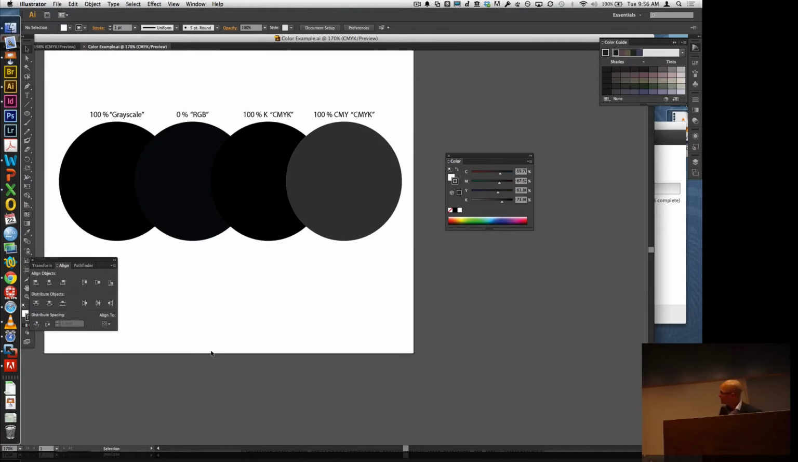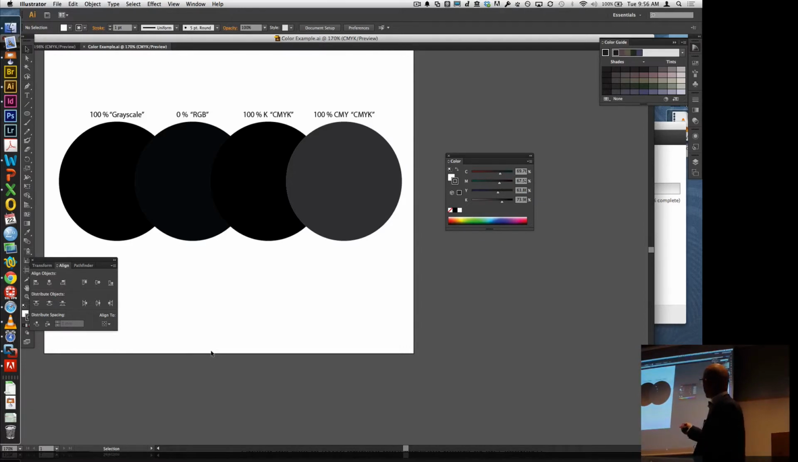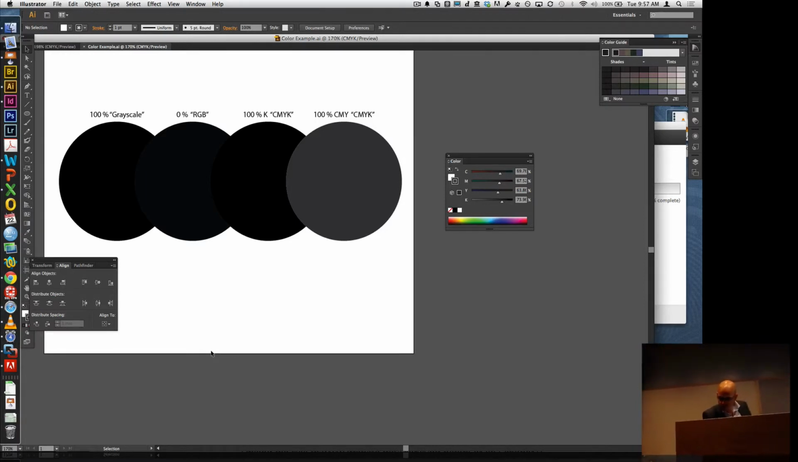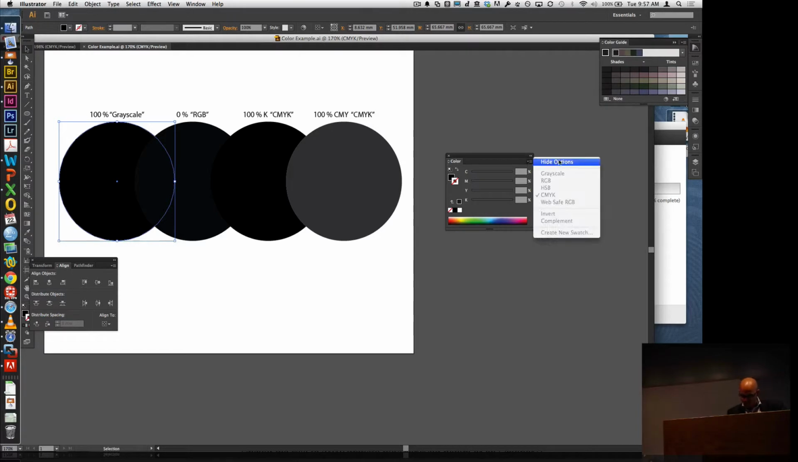So you see this file, and in this case, you see these 4 circles. 3 of them look the same. The 4th does not look the same. And what they are is the color black described in 4 ways. So the first one is 100% gray in a black and white grayscale. So if you look at the color in this palette here,